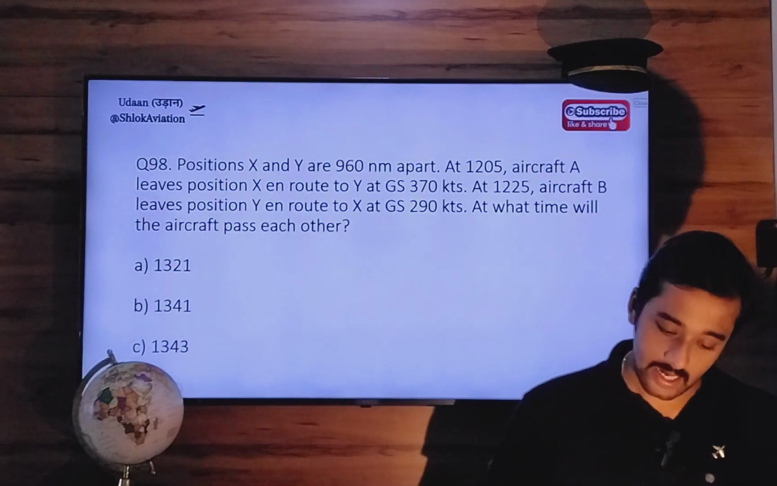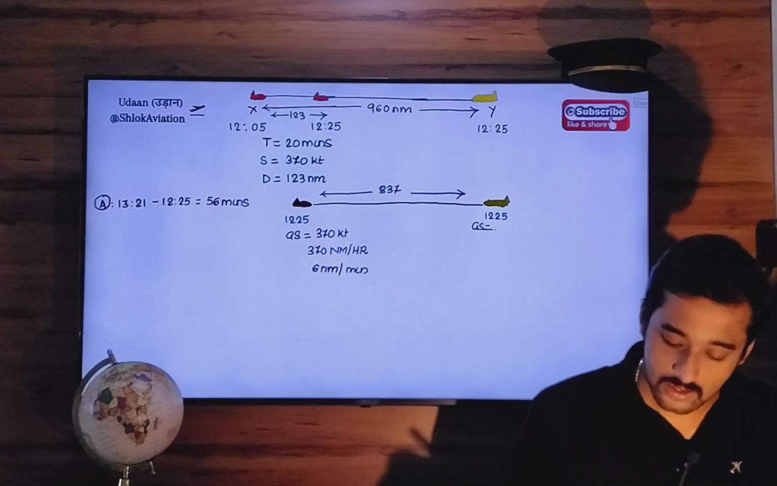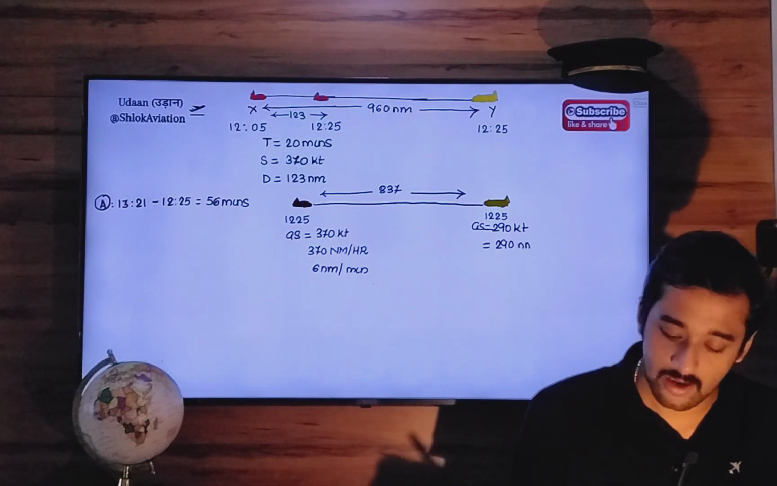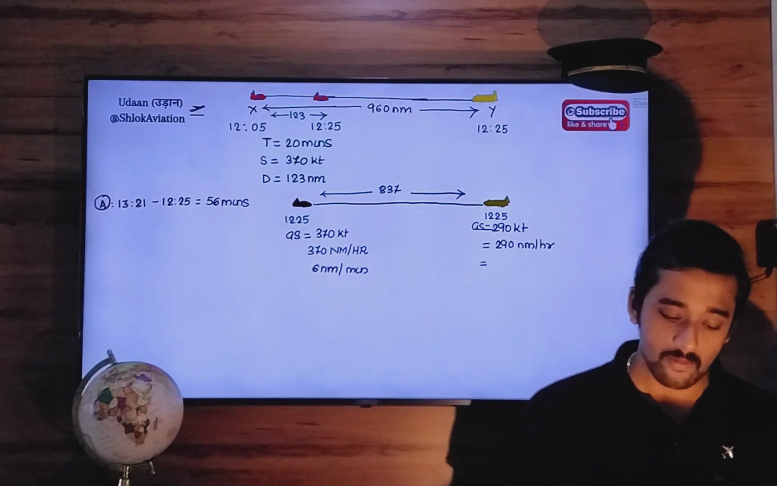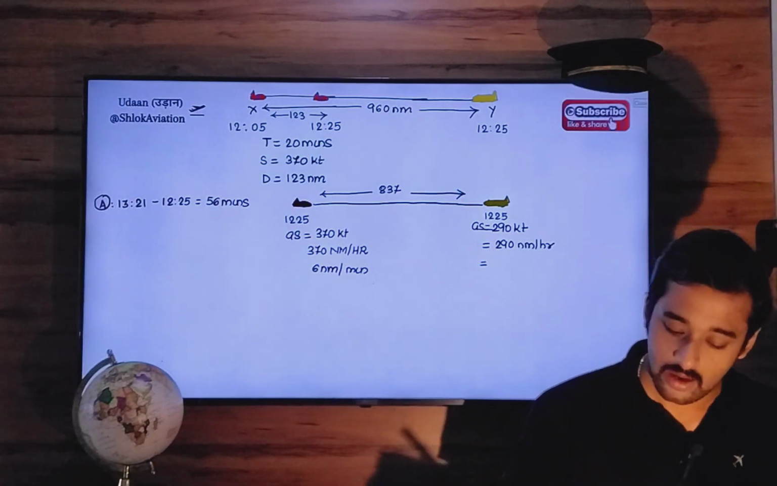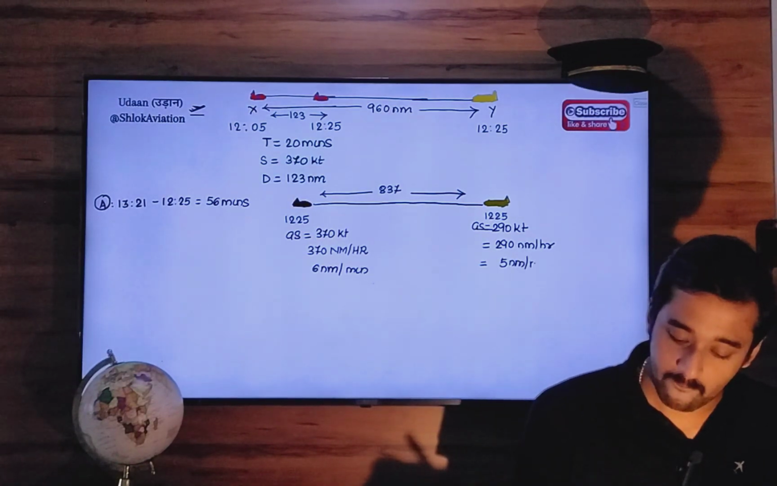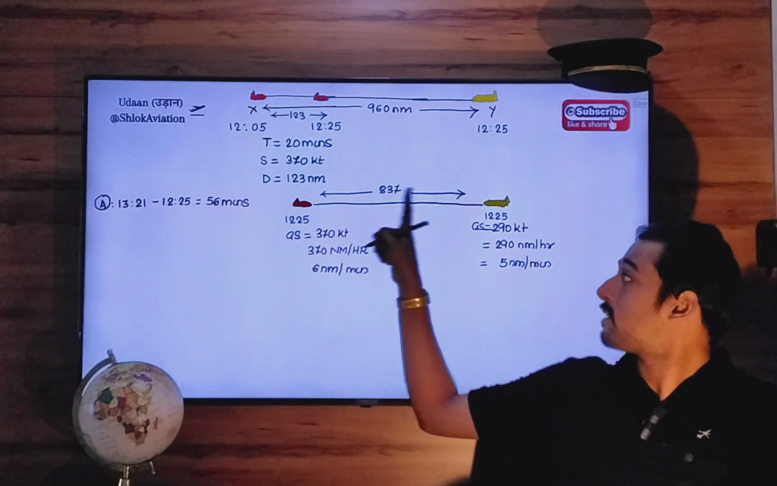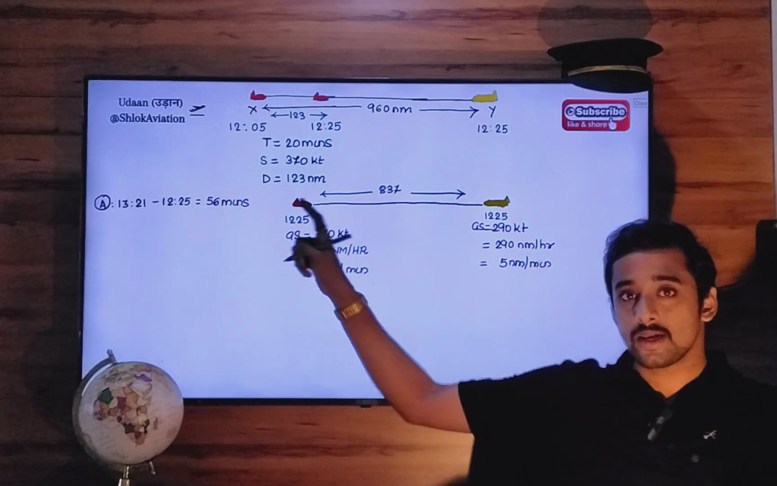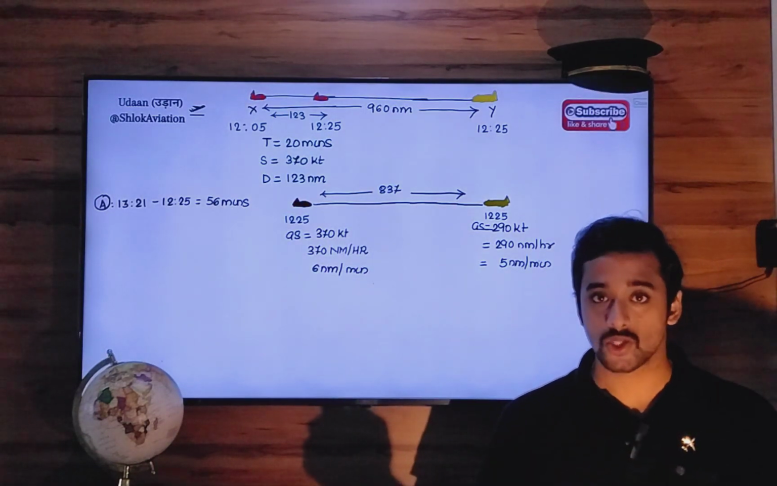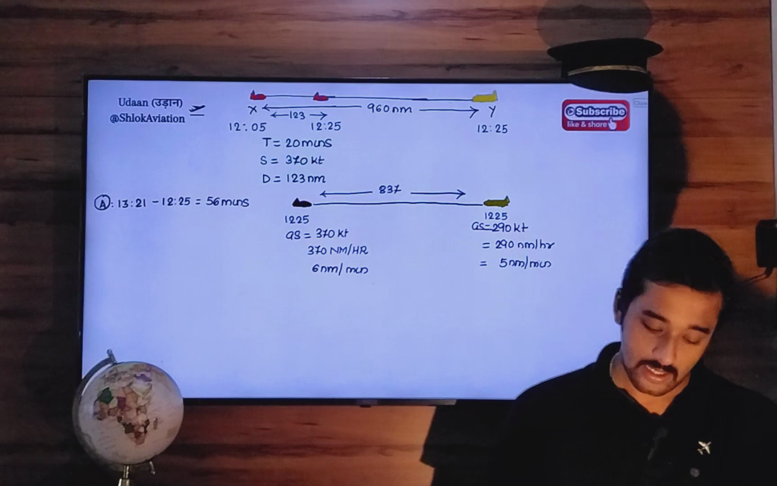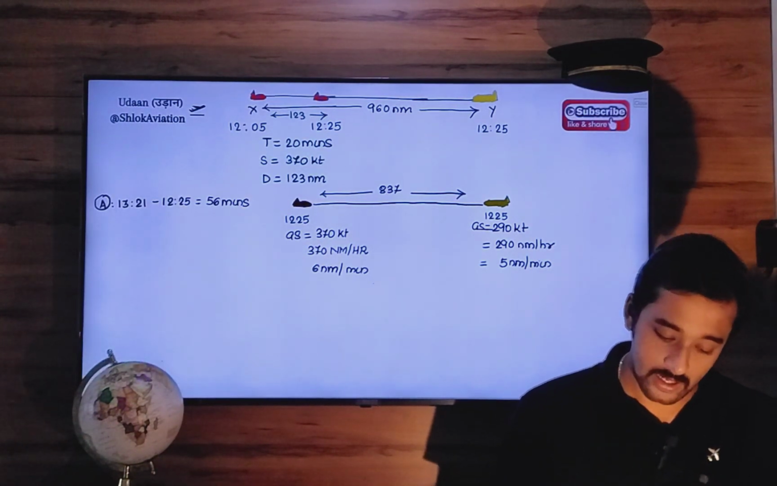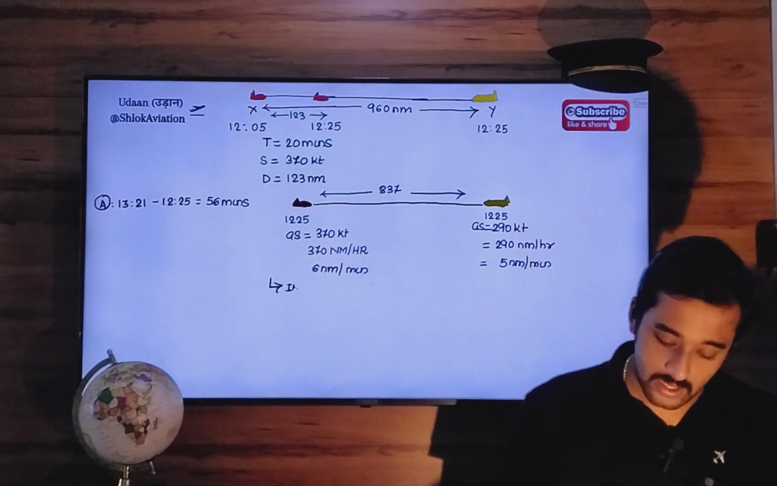Now the second aircraft has a ground speed of 290 knots. That means it covers 290 nautical miles every 60 minutes. So in 1 minute it will cover 290 divided by 60, 5 nautical miles per minute. Now here the timing is 56 minutes. From 12:25 to 13:21, the elapsed time is equal to 56 minutes. So in these 56 minutes, aircraft number 1 will have covered